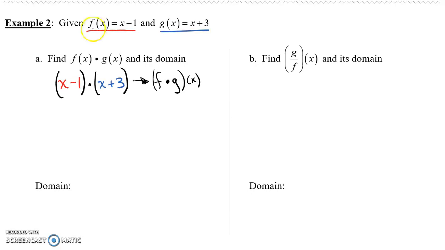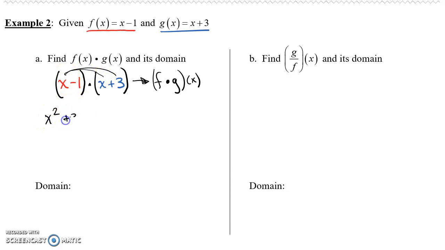So for part A, we're taking function f of x times function g of x. Again, make note of the mark here. And we're multiplying these. Well, this is a binomial times a binomial. That's also known as the distributive property twice. I don't like to use that four-letter F word. It only works with binomials. So I'm not going to FOIL this. Oops, I used it. Anyway, x times x is x squared